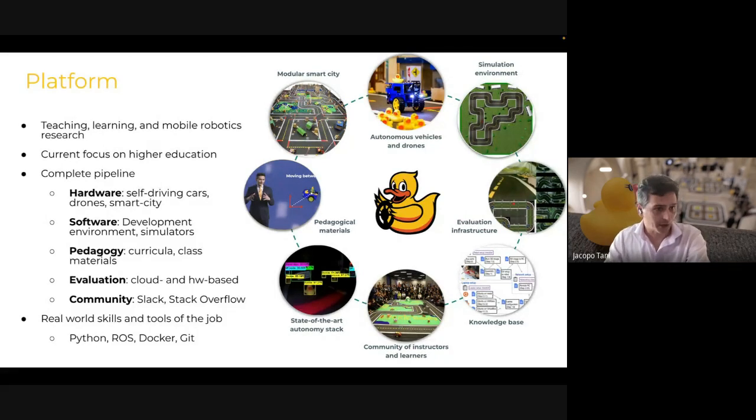We have this massive open online course that we're going to talk a little bit more in detail about later. And we have this evaluation infrastructure, which you can imagine as some sort of an auto grader if you are a professor teaching a class, or you can think of it as a reproducible robotics evaluation system. Let's call it a low-cost backend system or something like that if you're doing research. And throughout the years, we've been growing a community that mostly resides on Slack, of instructors, learners, and professionals pretty much worldwide.